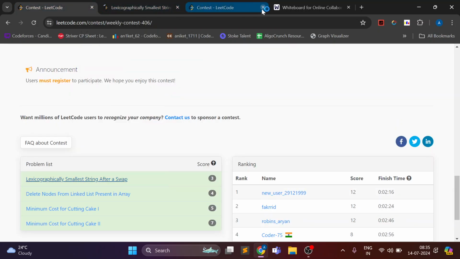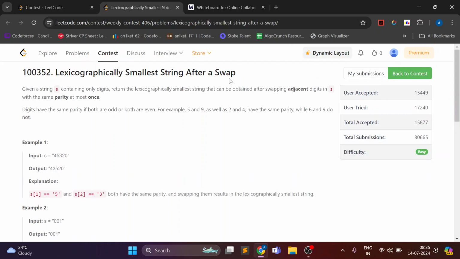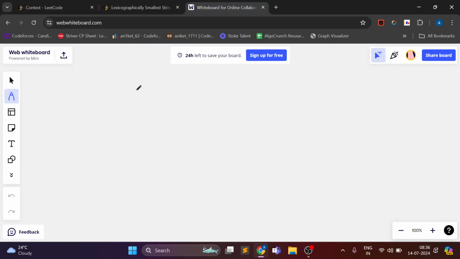So the first problem is lexicographically smallest string after a swap. We are given a string of digits and we have to perform at most one operation, which is swapping adjacent digits in S if they have the same parity. So for example,